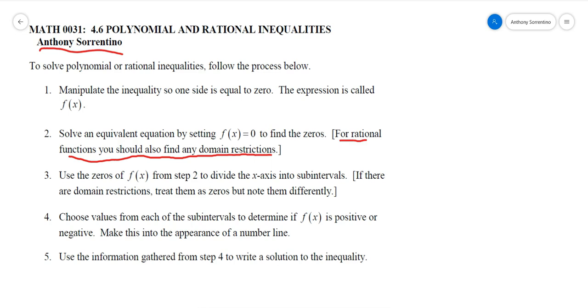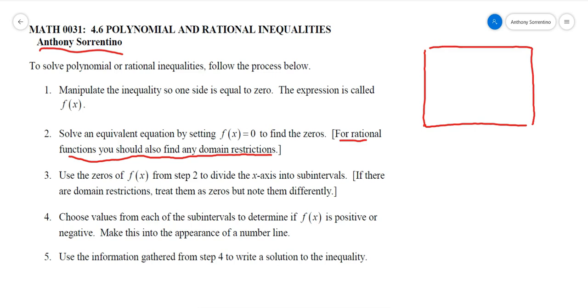We're going to be doing the same thing here. So when we find the zeros, those are obviously points we want to test. But rational functions, if you go back and remember when we were graphing them in the previous lesson, which is why we went through that beforehand,